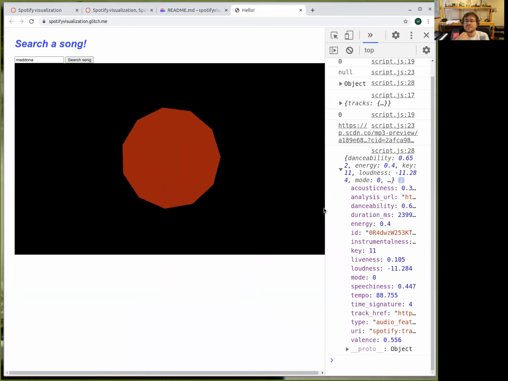It can be black or white depending on if it is 0 or 1. Also, the color of the shape changes. It will be blue or red. This is mode 0. So if it is mode 1, it will be blue and the background will be white.